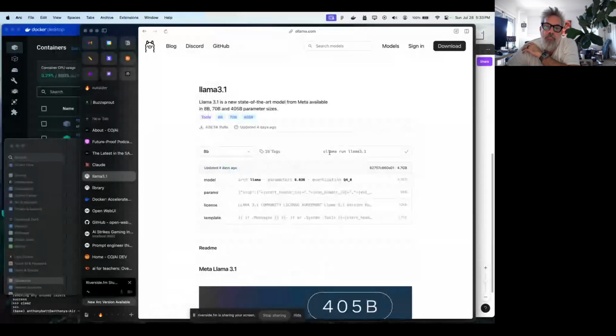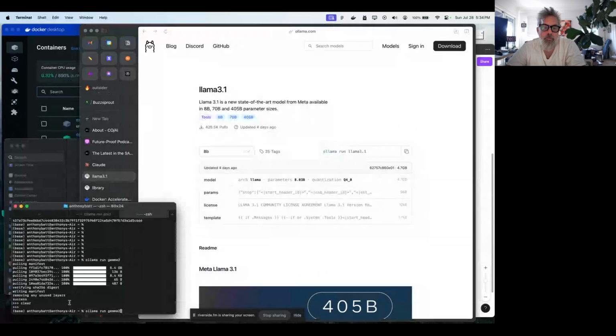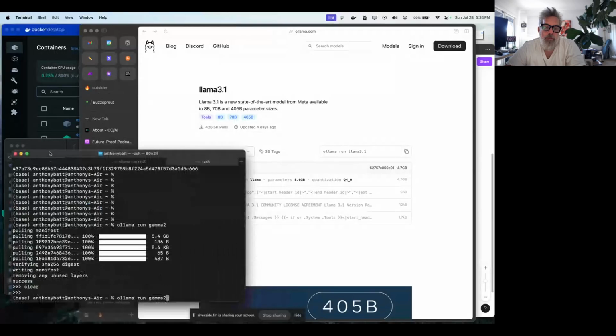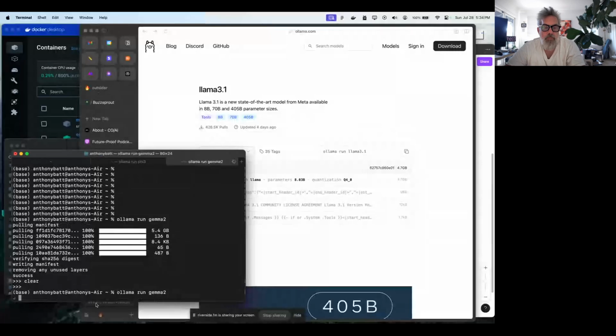Once you have Ollama installed on your computer, this is essentially saying start Ollama and run this command. That's going to look like what I'm doing right here, in this shell window. Maybe I'll make this a little bit bigger. I'm going to run Ollama, run Gemma 2, and it's going to get that. It automatically knows how to do that. I've already received this model, so it's not going to run, but that's how you actually get your models. So once that's done,